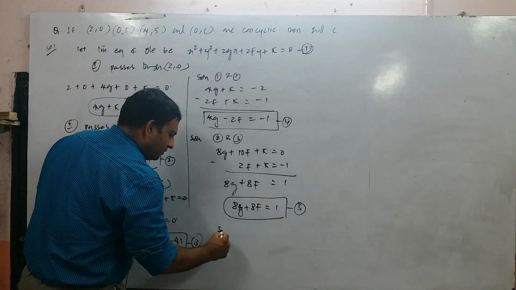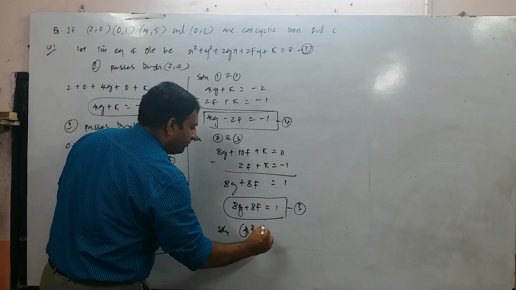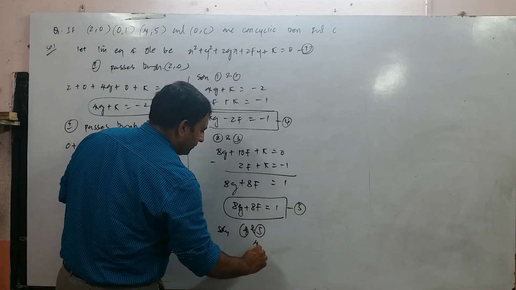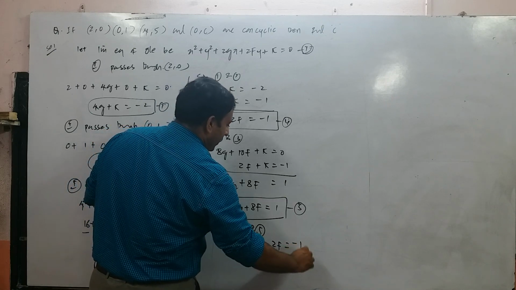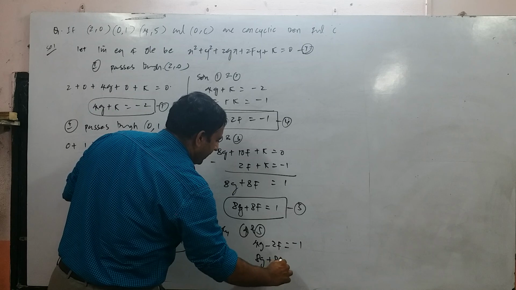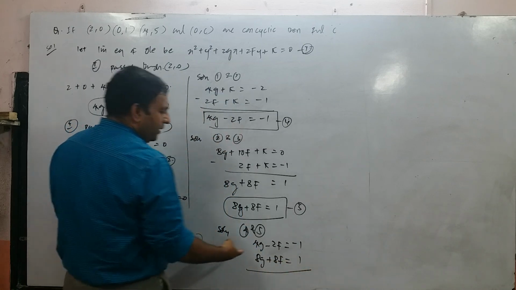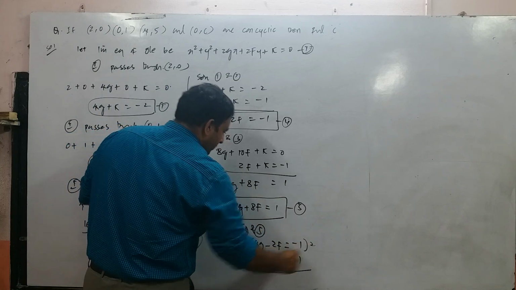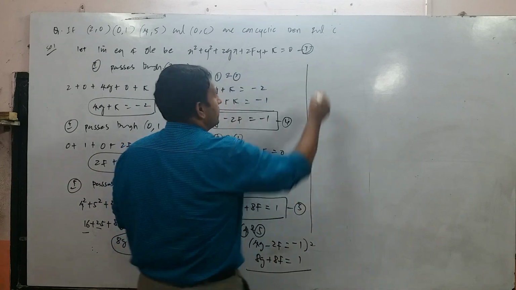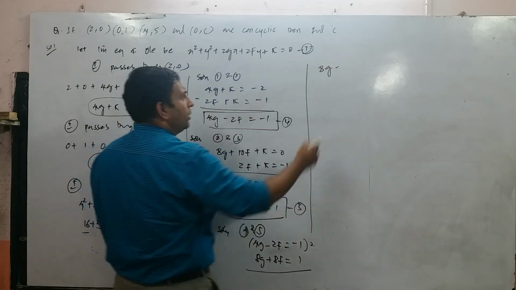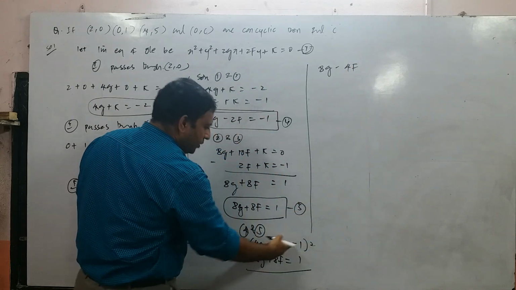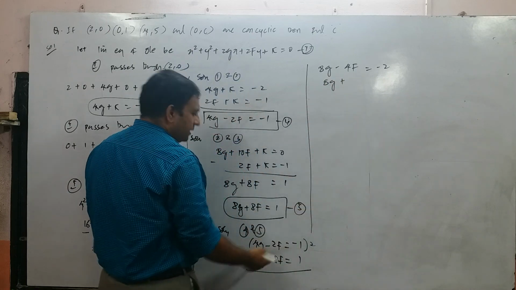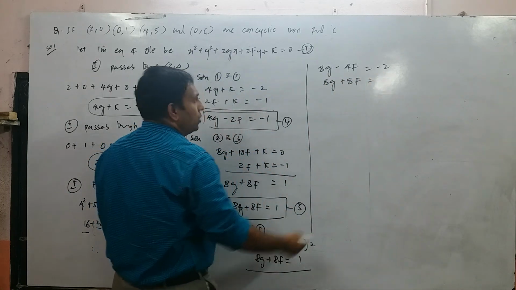Let us solve for g and f. So solve 4g minus 2f is equal to -1, and 8g plus 8f is equal to -40. Now you have to decide. You have to balance g. If you want to balance g, this should become 8. So multiply this equation by 2. I get 2 fours are 8g, 2 into -2 is -4f, 2 into -1 is -2. Again you have 8g plus 8f is equal to -40.